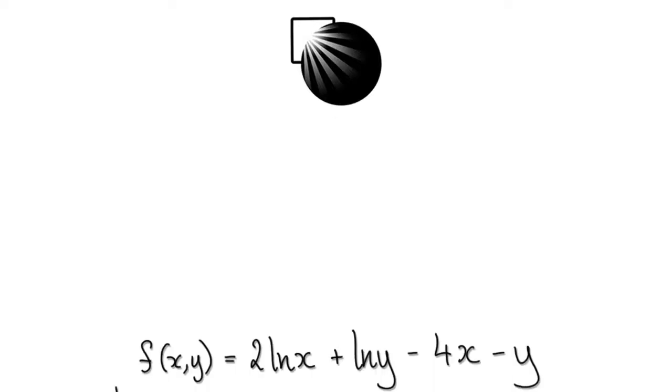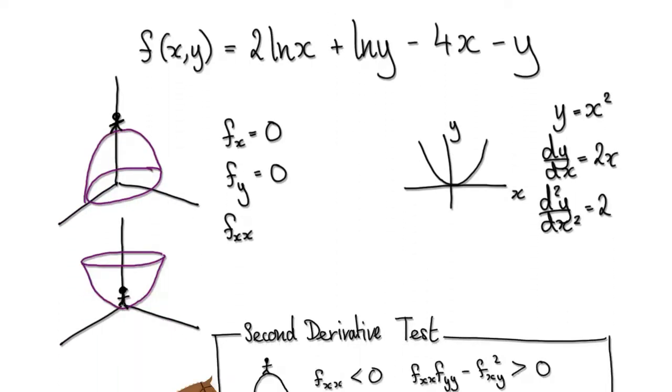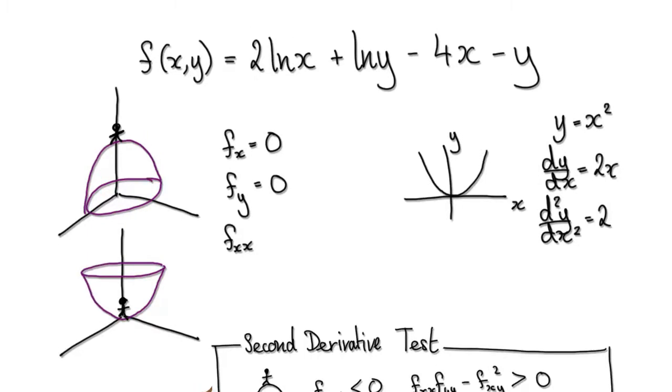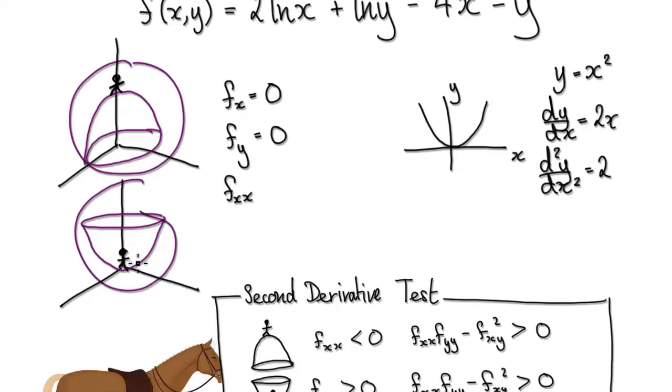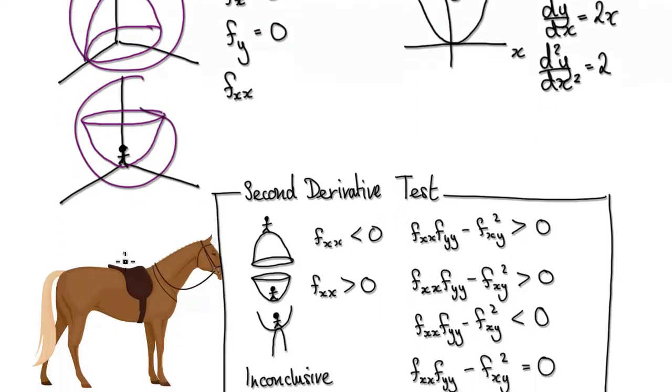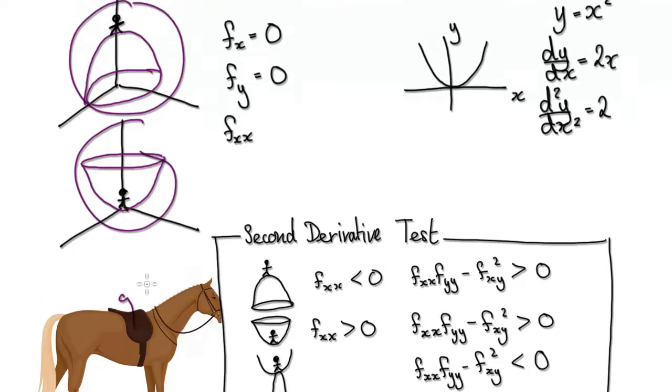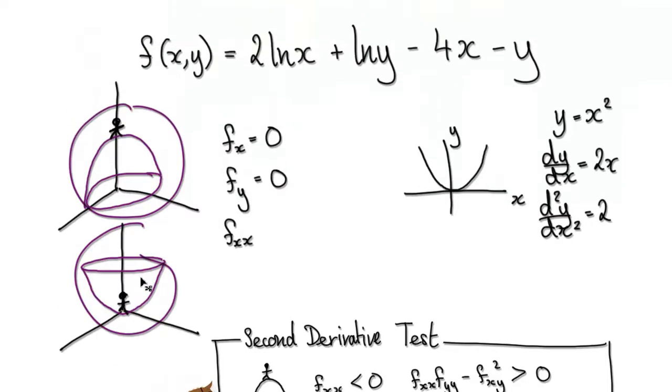In this video, we're going to use a second derivative test to identify all the local max, mins and saddle points of a surface. So given this surface, our job is to identify all the max, min, or it could be a saddle point. Just a reminder, we've done all this before,